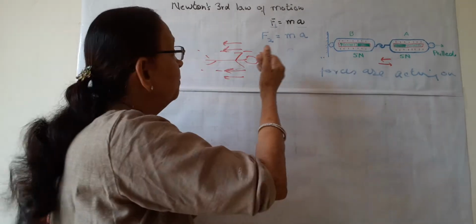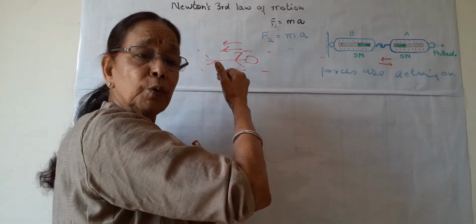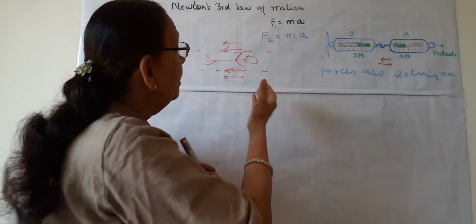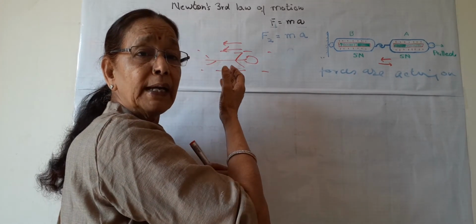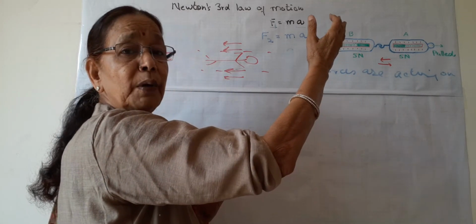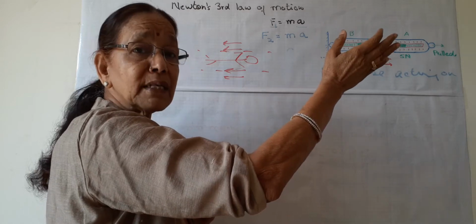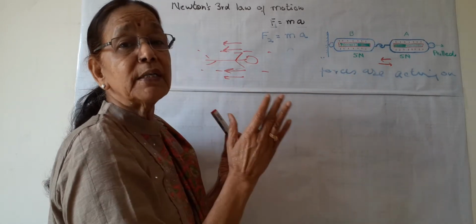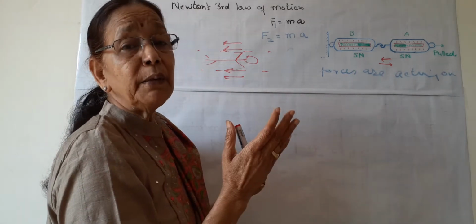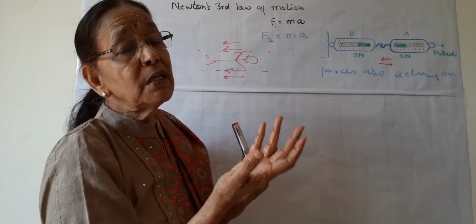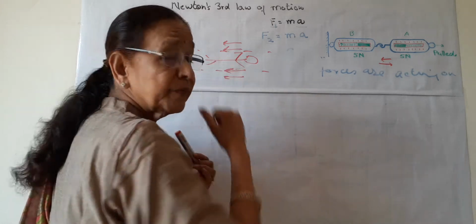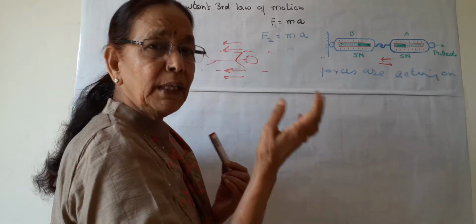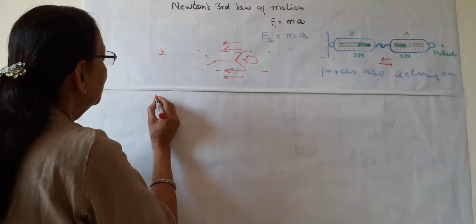in the forward direction. Because if the action force is more, the reaction force will also be more. If water is pushed backward more, the swimmer will go at a faster speed in the forward direction. Both the forces are equal in magnitude, but the direction is opposite. This is one more example of Newton's third law. There are many examples. We will take one more.